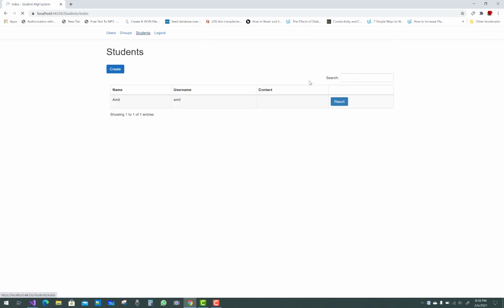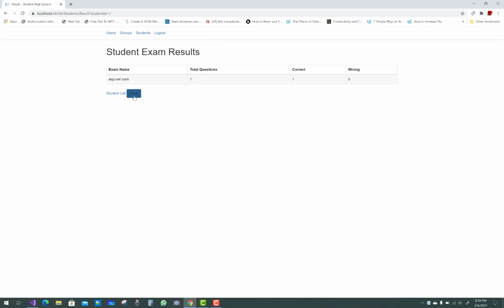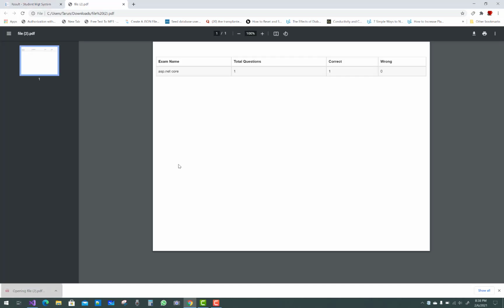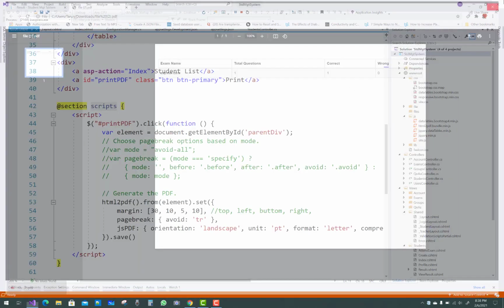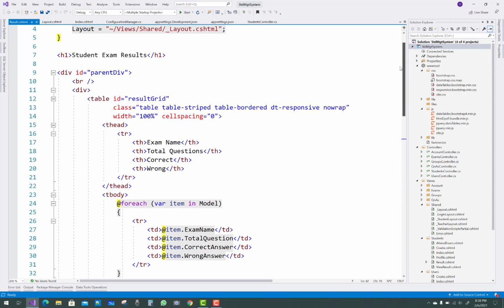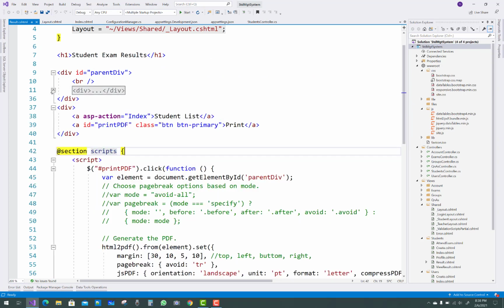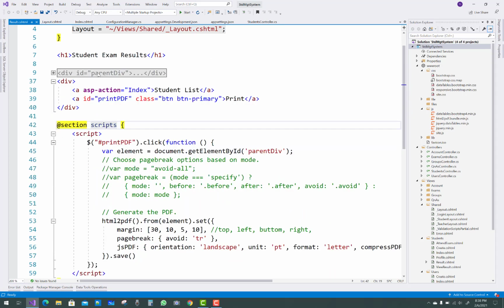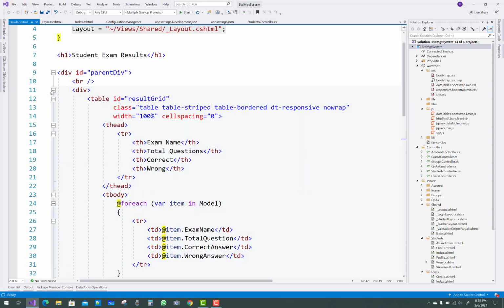You know that an HTML to PDF library file is already available in JavaScript, so that type of document will be available after converting your HTML to PDF. That script you can use in your ASP.NET Core projects. Here you can see that a division has some data, the parent division,